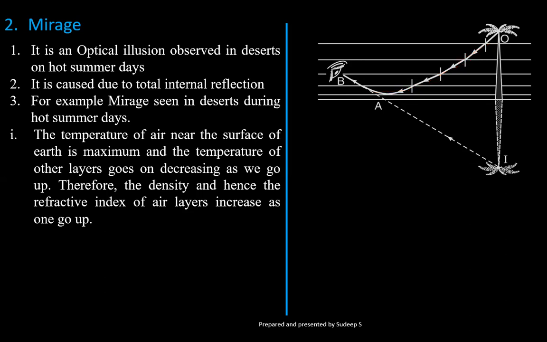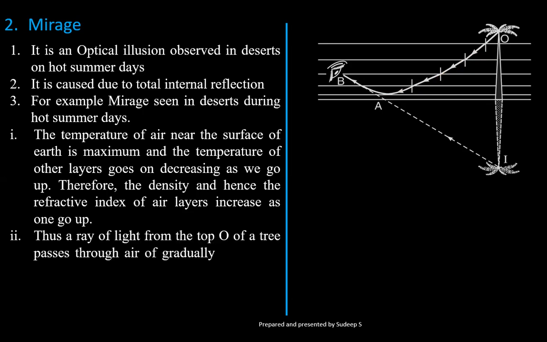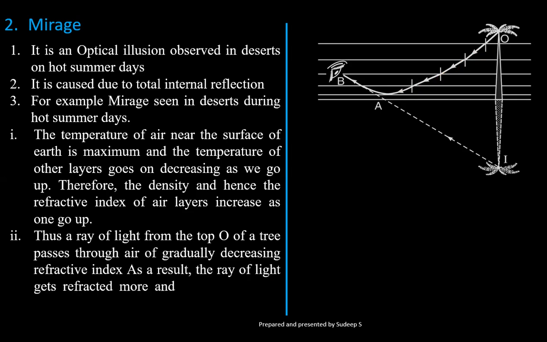Thus, a ray of light from the top of a tree passes through air of gradually decreasing refractive index. As a result, the ray of light gets refracted more and more away from the normal. ठीक है,